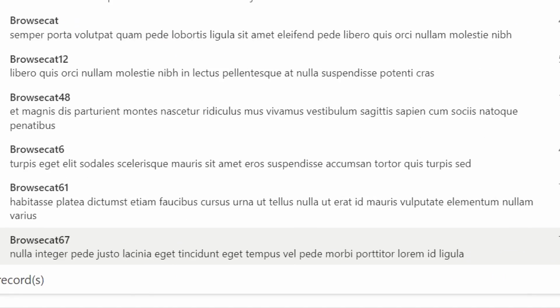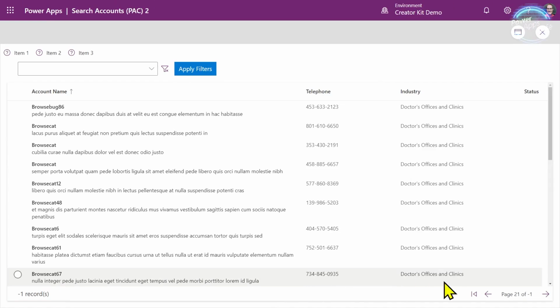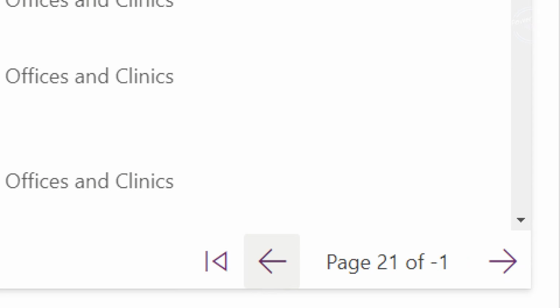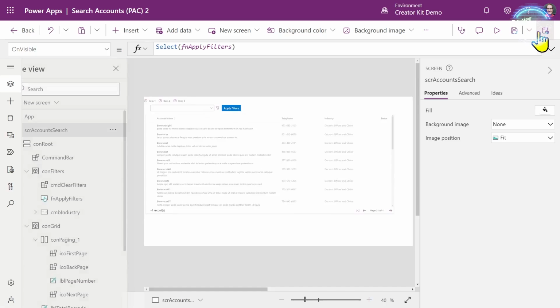But you'll notice that the total number of records here is being returned as -1, which is not very helpful. And correspondingly, we're getting -1 for the total number of pages because it just doesn't know. The reason behind this is that in order to get the number of records, you need to pass a delegatable query that does an aggregate query on the server. The good news is you can get around that because you can use count rows, which is a delegatable query against Dataverse. So let's do that now.